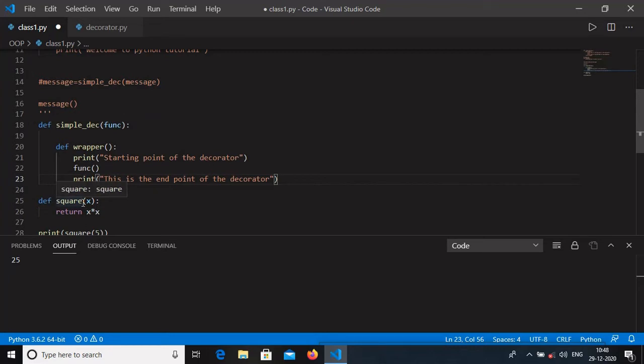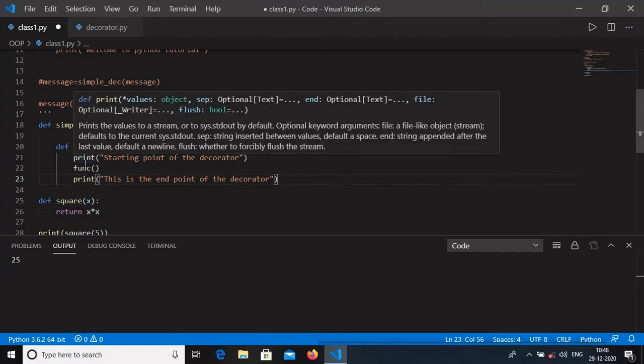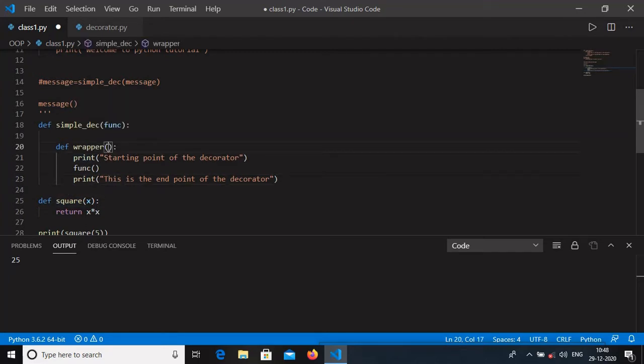So that means we have to pass the parameter to the decorator. So where to pass the parameter? We have to pass the parameter to the inner function. So the parameter is first of all argument we have to pass, and then keyword argument as well. The explanation of this argument and keyword argument I had explained in one of my videos. You can watch that video so that you can understand what is an argument and keyword argument. So the same arguments we have to pass to this function. So I'll pass arguments and the keyword arguments,